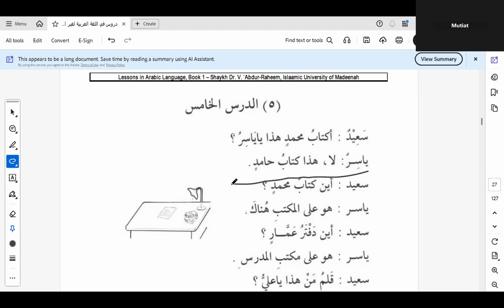لا هذا كتاب حامد. Please, the pronunciation has to be corrected. Can you please say it again? لا هذا كتاب حامدٍ. Okay, I guess she's got a network issue as well. لا هذا كتاب حامد. Okay, good. Let's go. Brother Rufa: أين كتاب محمد؟